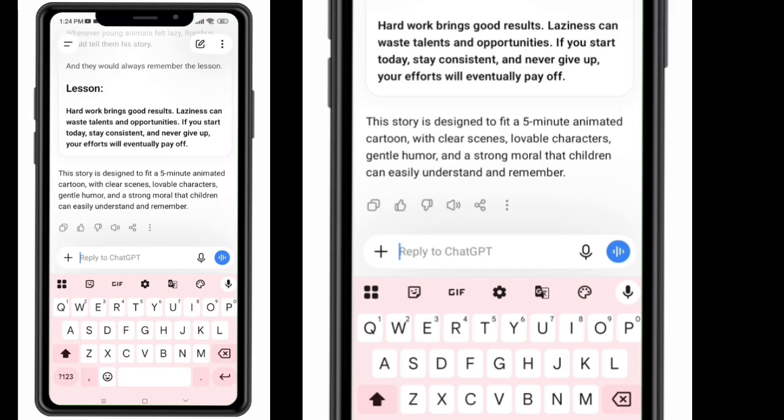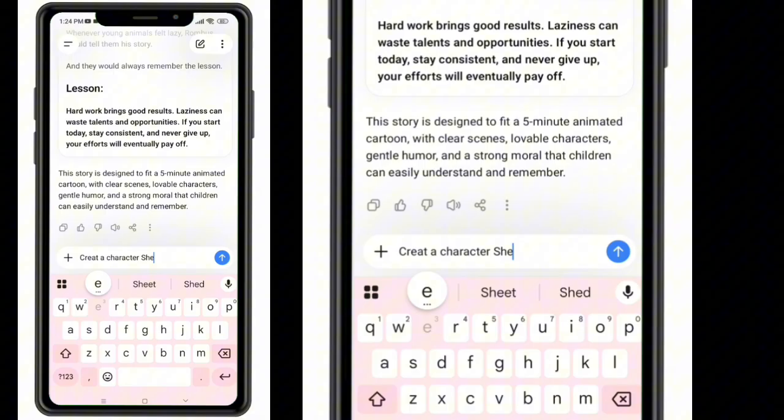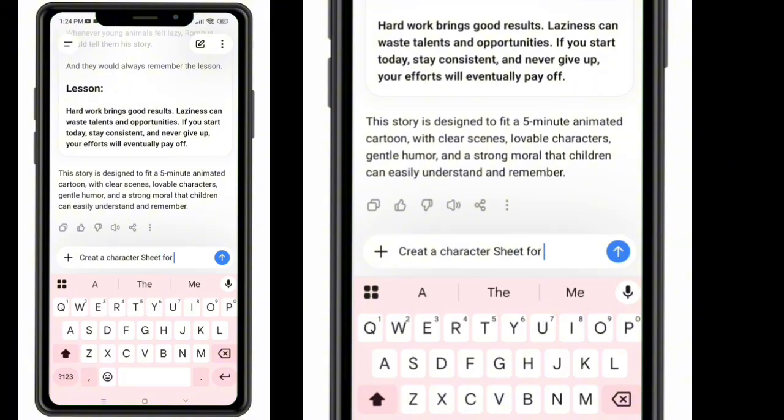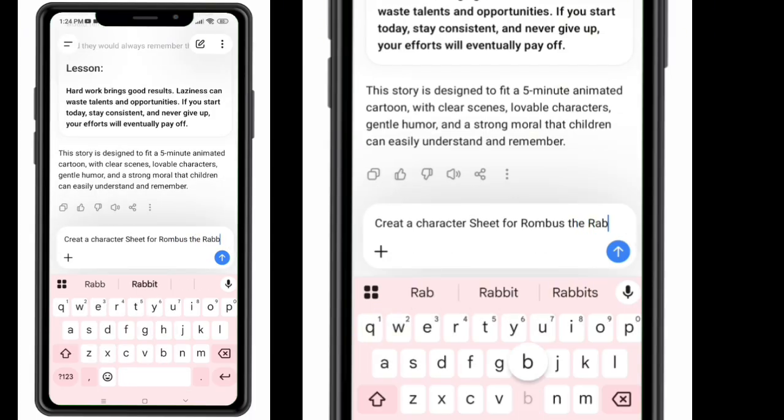So the next thing to get our reference image, you just go in with this prompt and say, create a character sheet for Rumbus